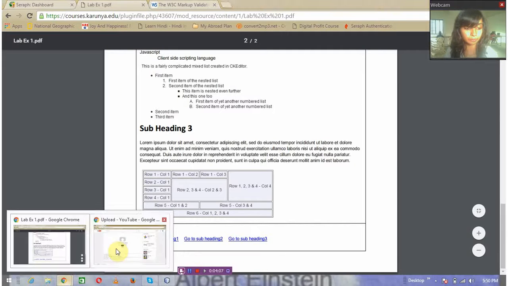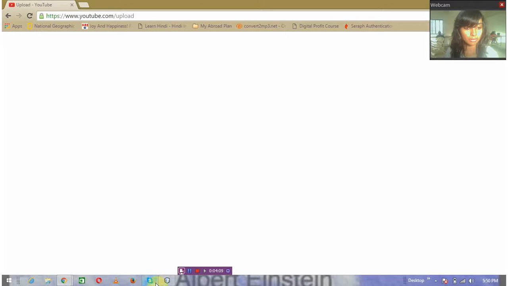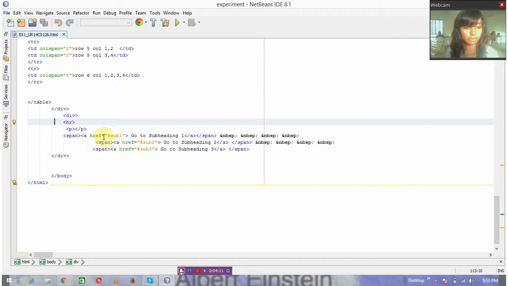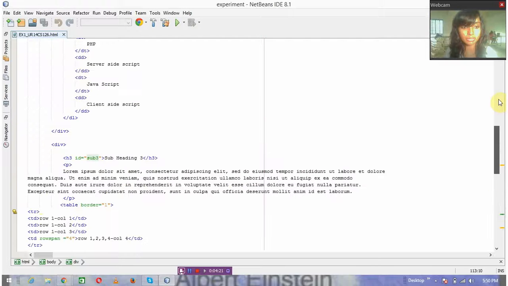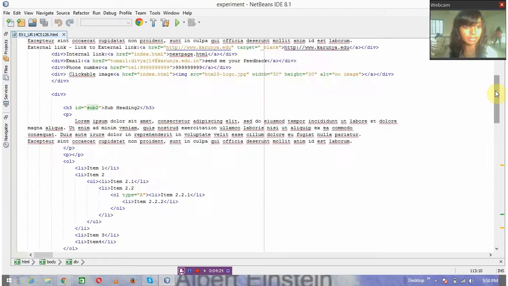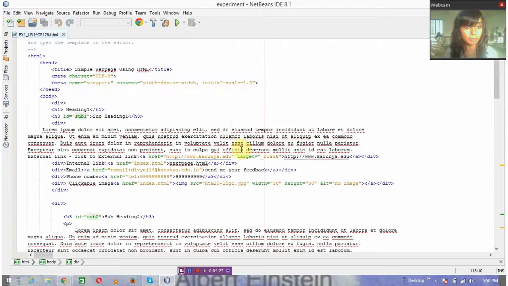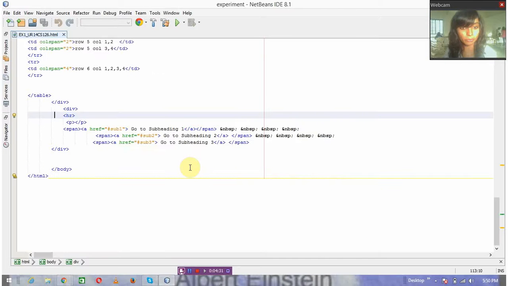I wanted it to be on the same line, so I have given span, and here I have put a reference to sub 1, whose ID I have provided here as sub 1, so the subheading 1. Then the body, this is the whole of the website, so I'll execute it now.